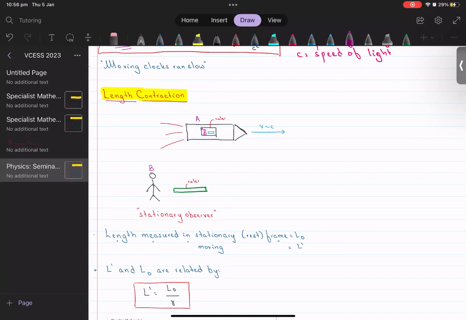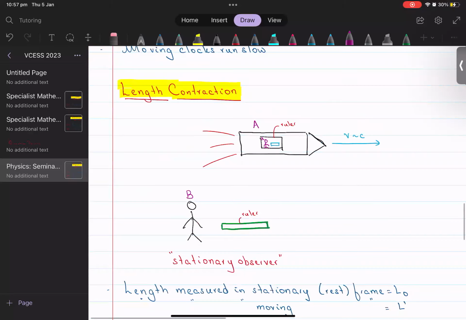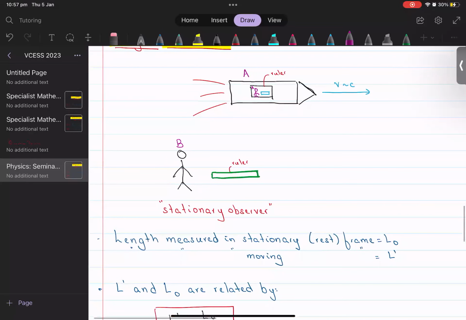measuring from. So let's go back into our spaceship. You're person A, you, the viewer, listener, and your friend is person B. This time, instead of a clock, you have a ruler. Once again, you're traveling at v close to the speed of light because you love thrilling, fast rides. So v is approximately the speed of light. So you're going really, really fast. No question about that. Okay, so the length that the person measures in their stationary rest frame is what's called